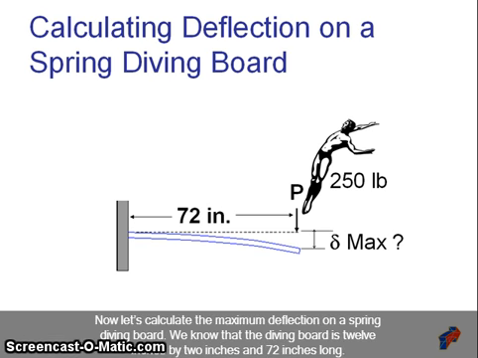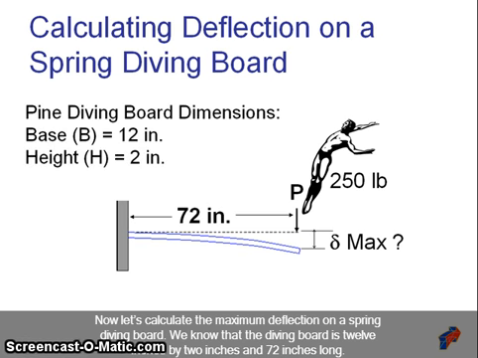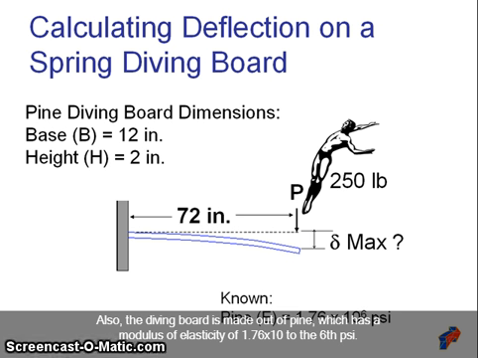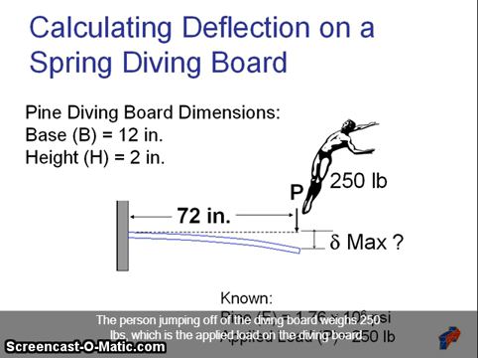Now, let's calculate the maximum deflection on a spring diving board. We know that the diving board is 12 inches by 2 inches and 72 inches long. Also, the diving board is made out of pine, which has a modulus of elasticity of 1.76 times 10 to the 6 psi. The person jumping off the diving board weighs 250 pounds, which is the applied load on the